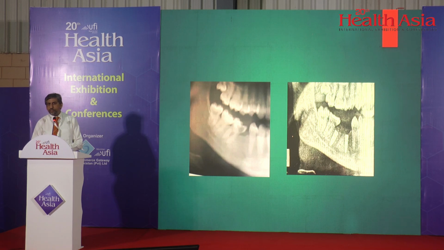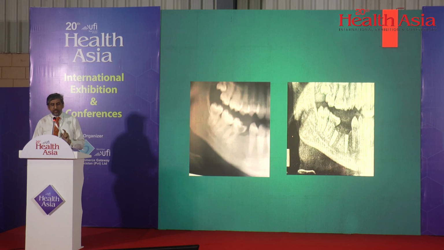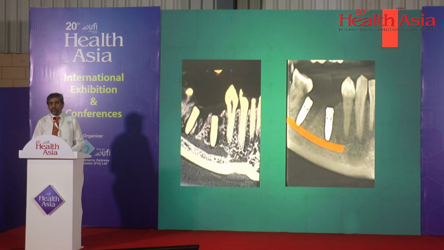You can see both of the implants are on the nerve. And during the drilling, he might have gone into the canal, because the patient was telling us that when he started drilling, there was bleeding. Once you are in the canal, there will be bleeding. So you can see in this radiograph, both implants are on the nerve. And the patient was continuously saying that I am having continuous severe pain and paresthesia. She was unable to feel anything on the lower side of that right lip. There was complete paresthesia of that side.